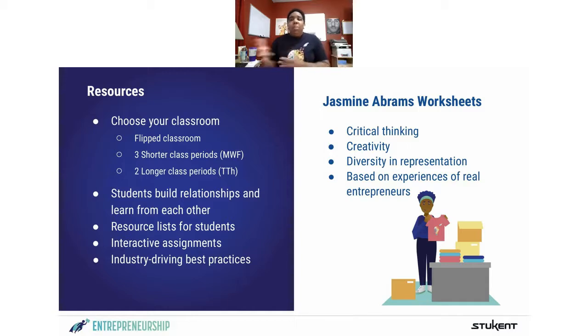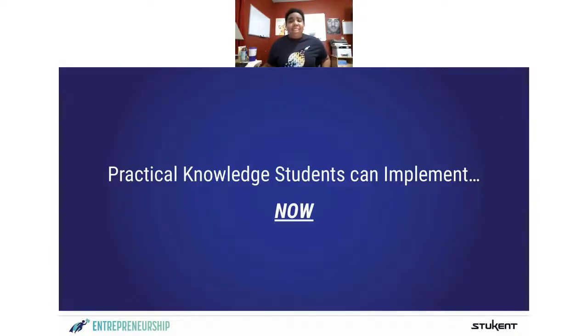Help weigh in. What are the positives? What are the negatives? Are there advantages to this one over that one? Are there disadvantages to that one over this one? Supply her with your opinions. Do some research, figure it out, and help Jasmine make this decision. Jasmine Abrams has to be one of my favorite parts of this book because it requires students to think critically and creatively about problem solving, which is the basis of entrepreneurship.